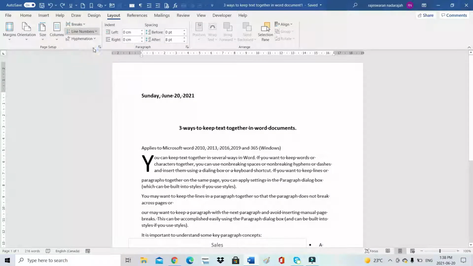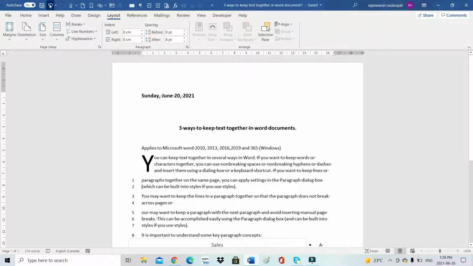Because when you have line numbers, for some paragraphs or documents, if you want to show the line numbers, the teachers or students can easily find it out, or you can tell them which page and which paragraph to find, like that. You can mention it.